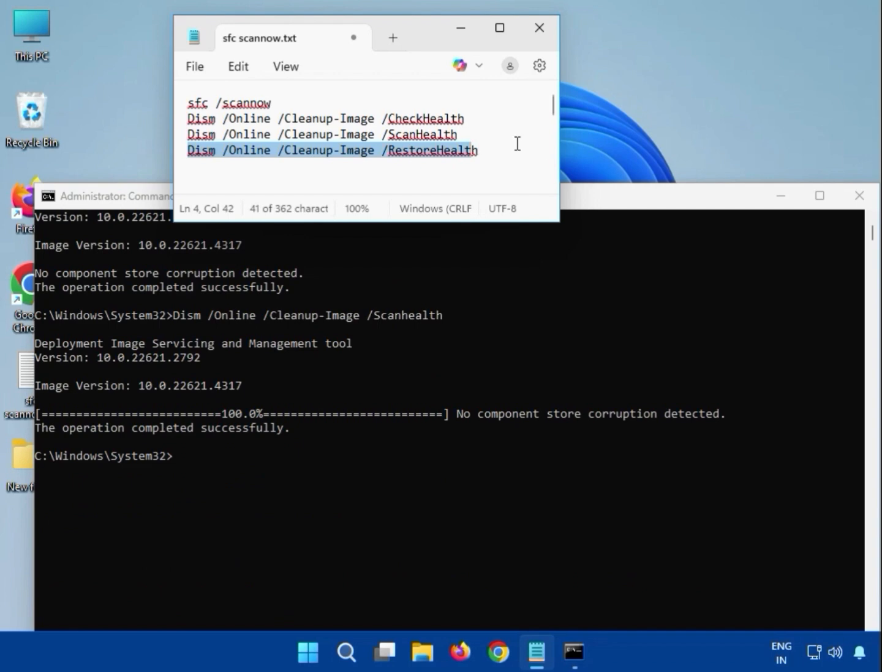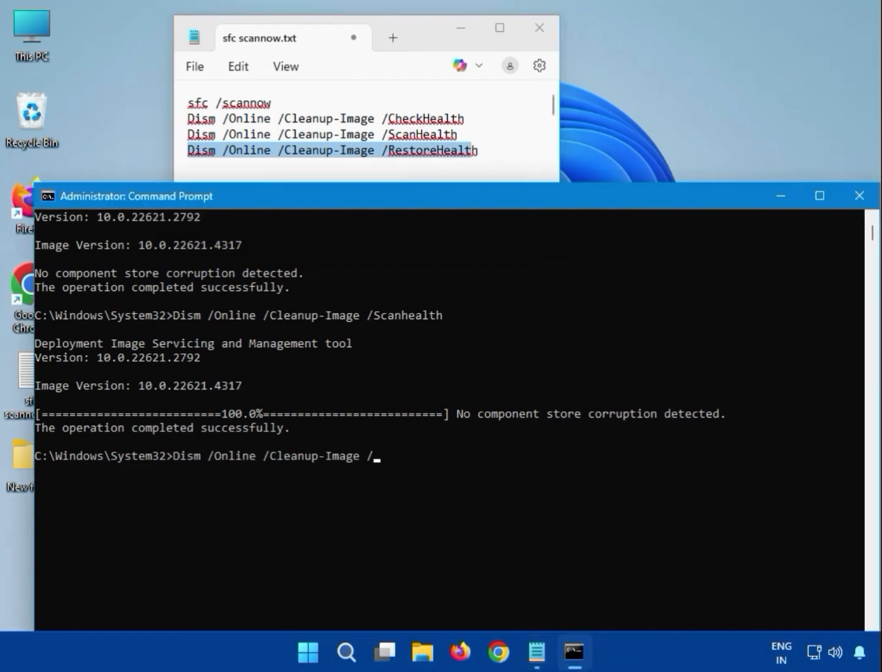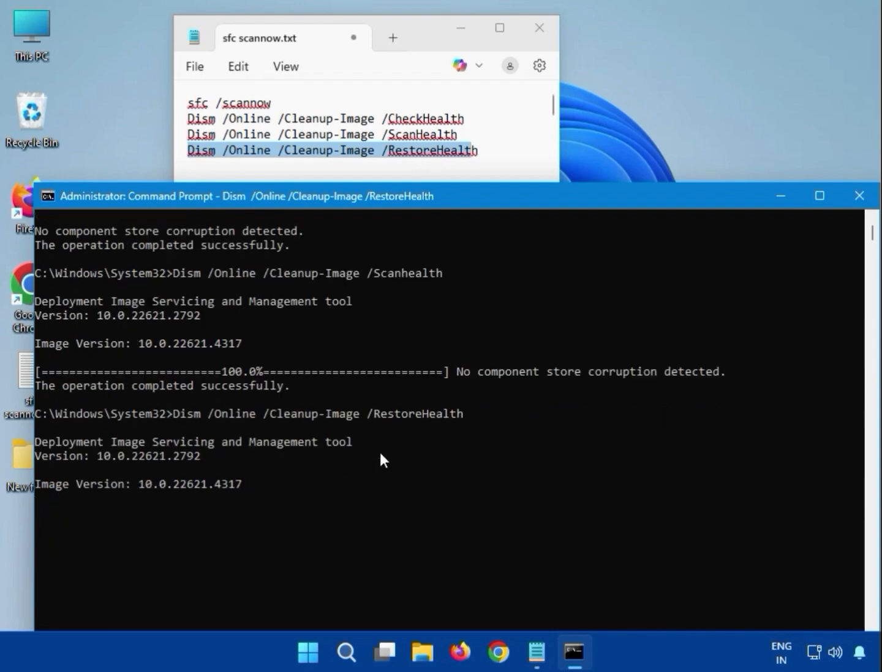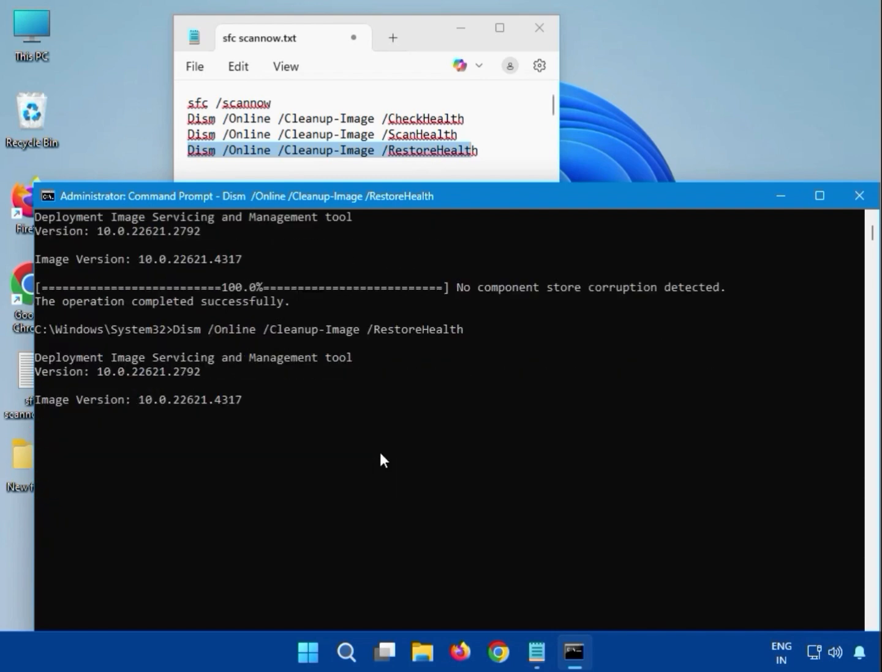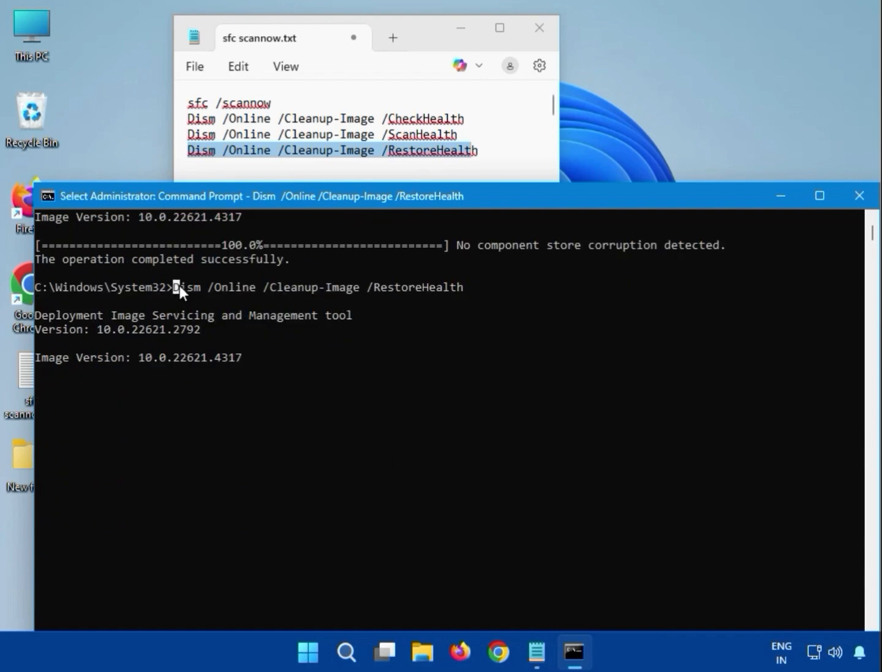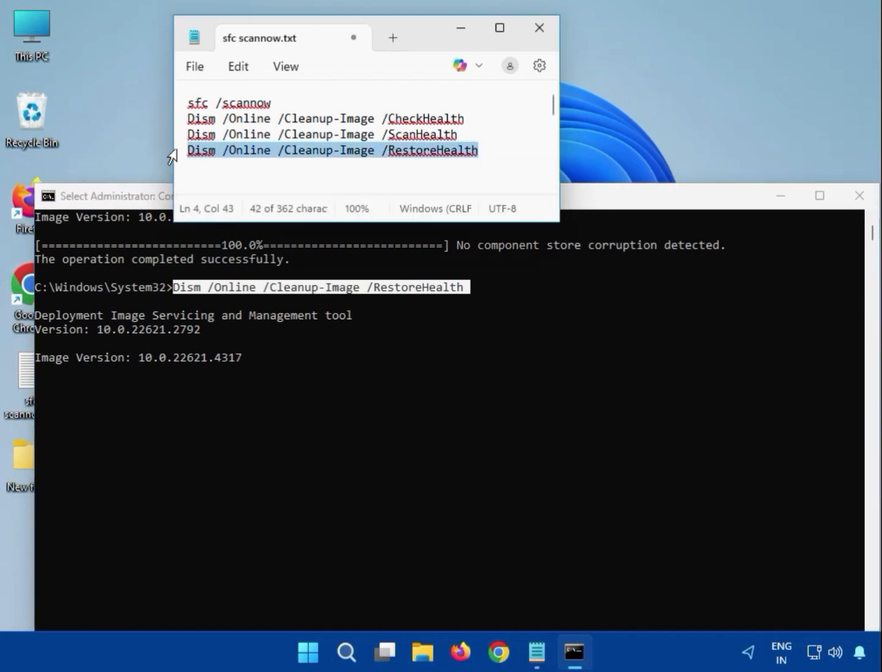Then guys, fourth one, which is restore health, you can see here we can enter like DISM and all, and please note small and capital. Okay, restore health, and then hit enter. Again guys, you have to wait. Okay, the percentage will start, it will complete. After that, you can see here